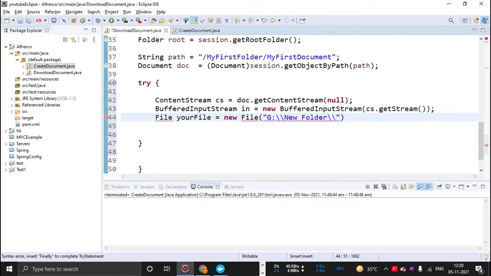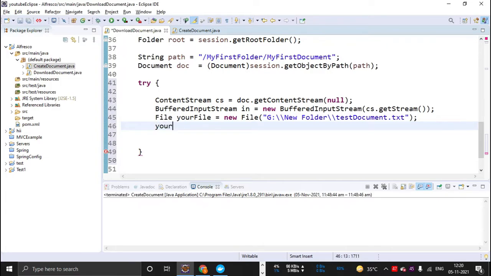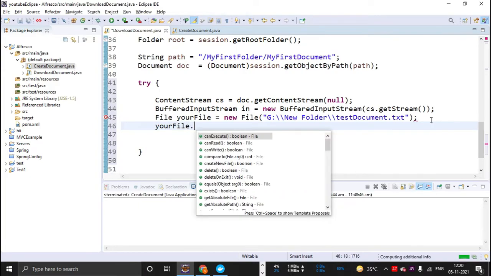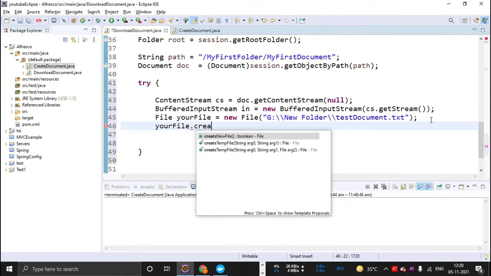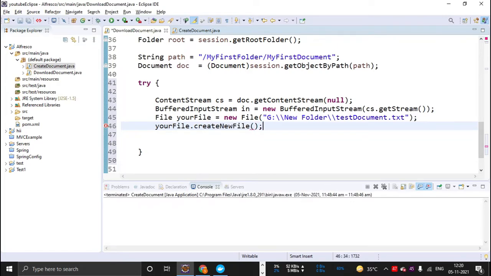So I will write, suppose test document, for example, .txt. Now after I've imported the file, what we need to do is I need to create this file. So I will write your file dot create new file. Okay, so this will create the new file that we want, and now once we create that file, we need to use the file output stream. File output stream FOS equals to new